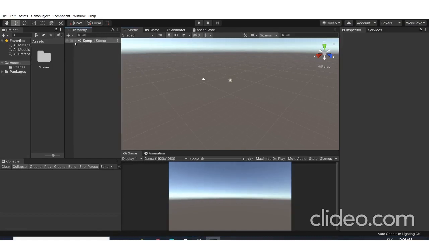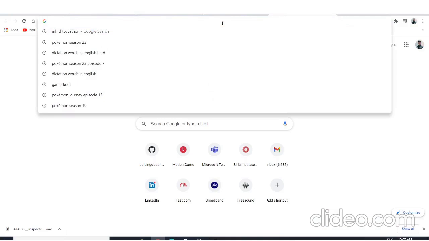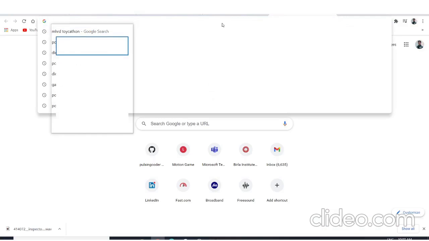So guys, now you can see that there is a Unity scene. It has the Assets folder and the scenes, and we are right now in a sample scene. Now it's time to import our assets, the graphics that you have seen in the video. I have given the link in the description. Go to that link. Okay, I just missed that link.